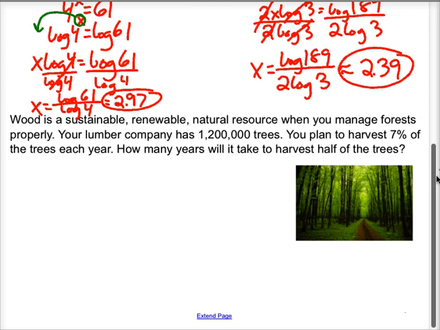All right. So, looking at this, this is going to be an exponential equation. The first thing we're going to do is write an equation representing how many trees there are. Now, hopefully you remember, this is way back from the beginning of chapter 7. But if we're trying to check how many trees there are, remember, we take the beginning amount,